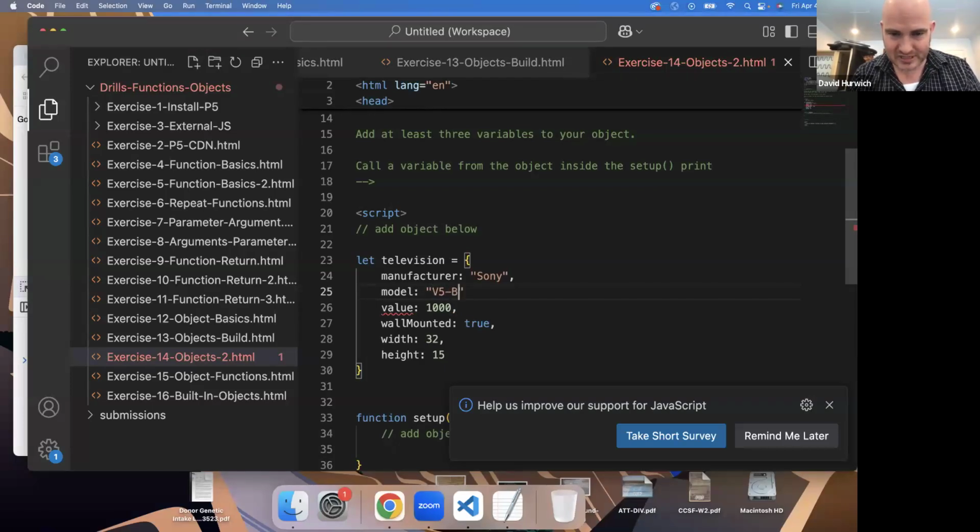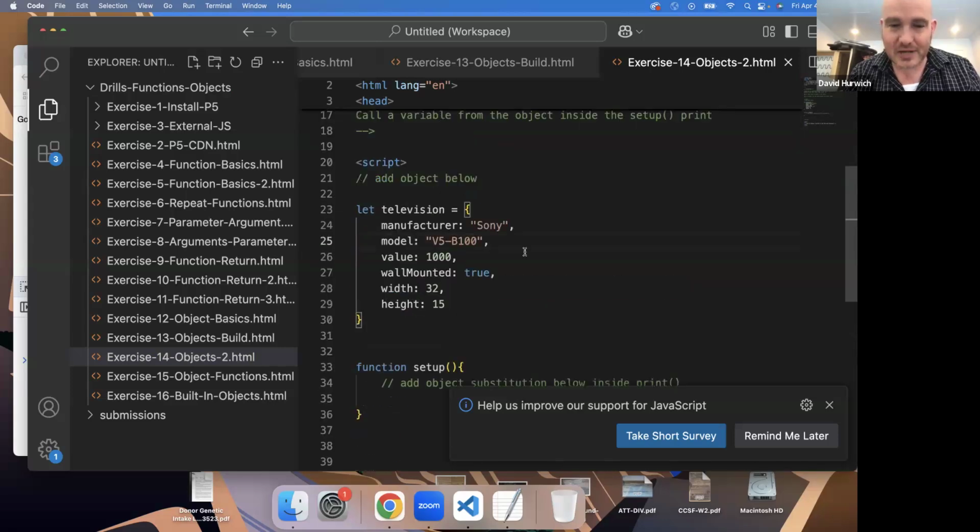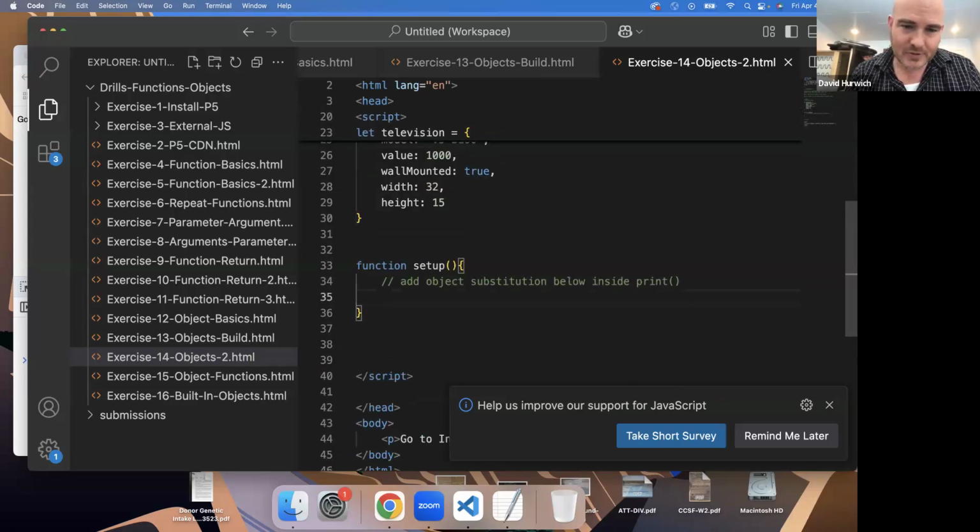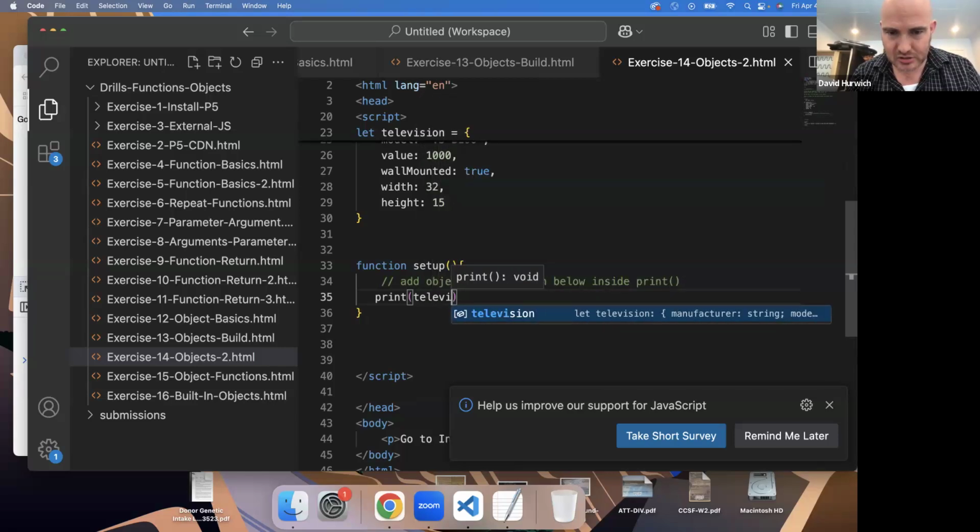V5, B100. They all have model numbers, right? So I just made up an object, and I'm just going to call one aspect. Maybe I want to know who the manufacturer of this television is. So television dot